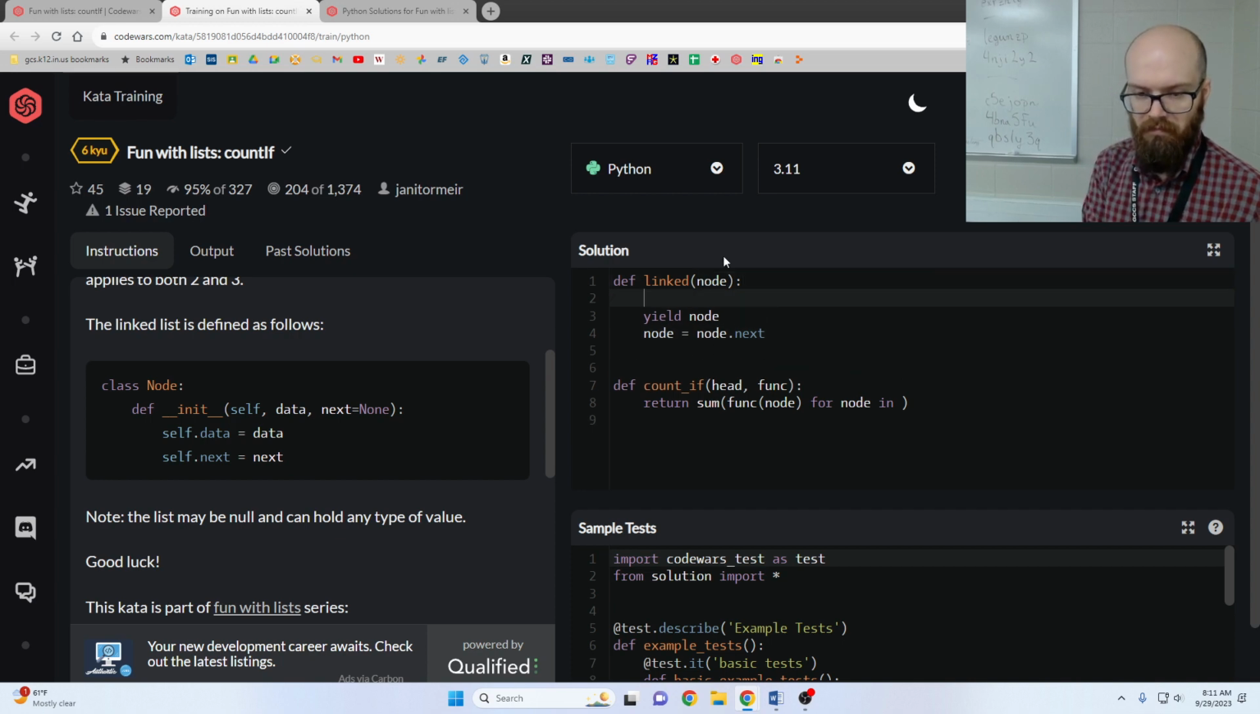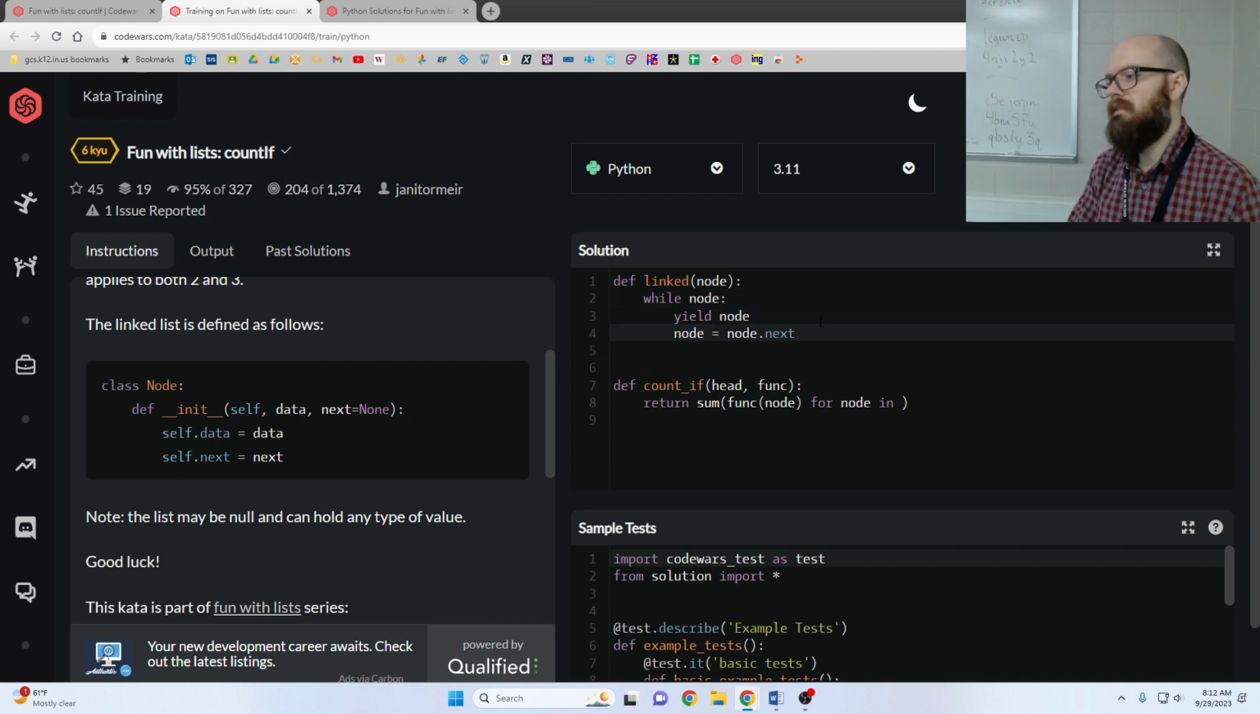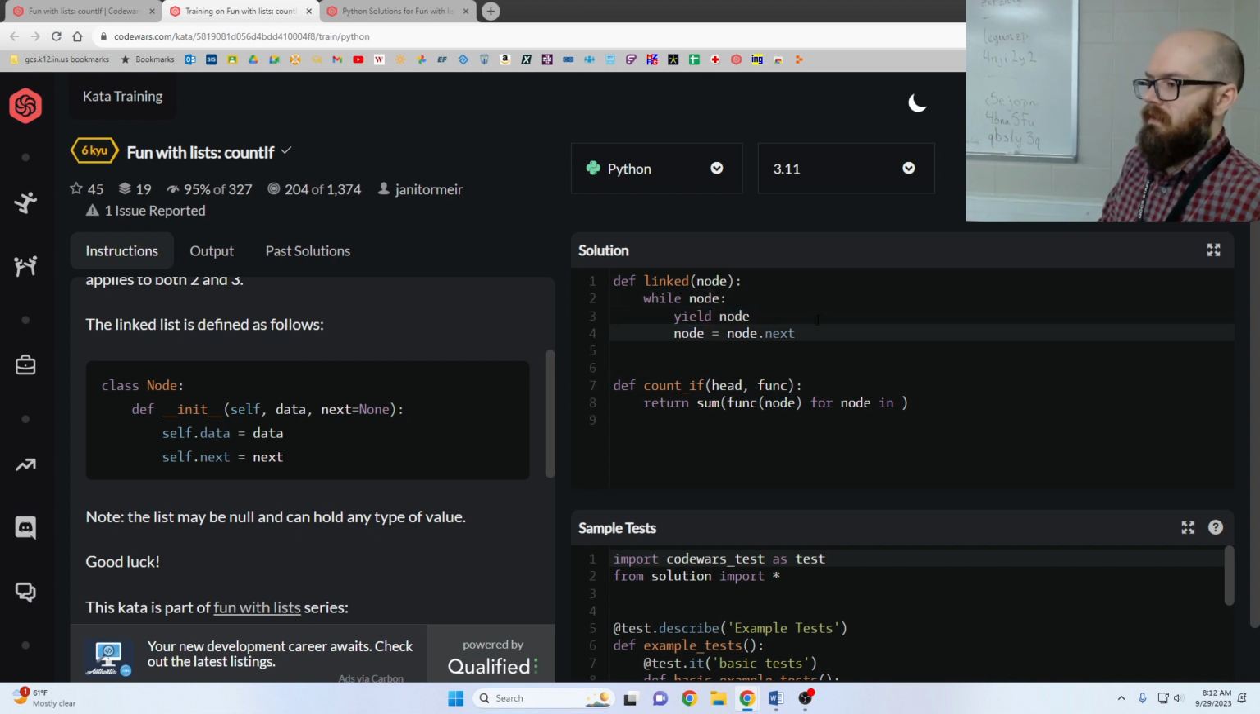So I'm going to say while node, we do that stuff. And this is a classic generator in Python. It'll give you one node, and then when you come back, it'll give you the next one. And when you come back, it'll give you the next one. This is actually very similar to the range function in Python when we say, for i in range 5, it